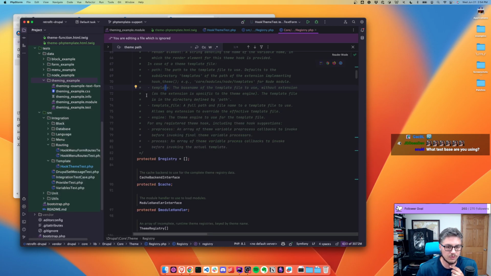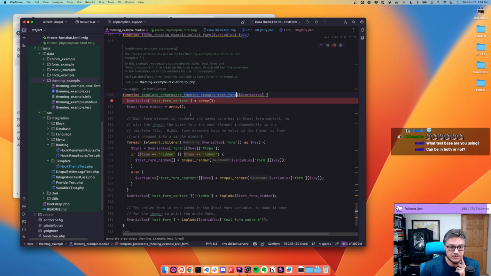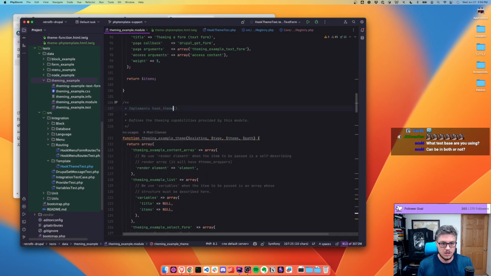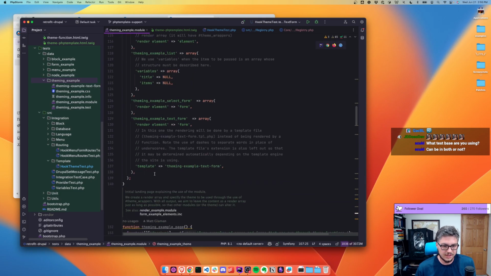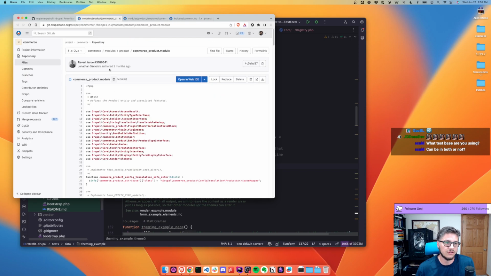I think this was a difference in Drupal 7 and Drupal 8. It can be in both. I think in Drupal 7, what you had to do is hook theme. I think in Drupal 7 at template, you would actually say /templates, but in Drupal 8, all templates are always moved under the templates directory. So as a way to find out,